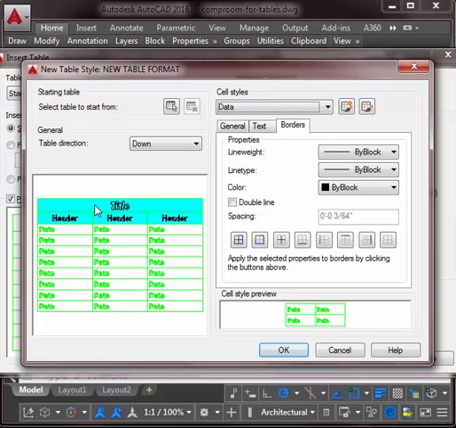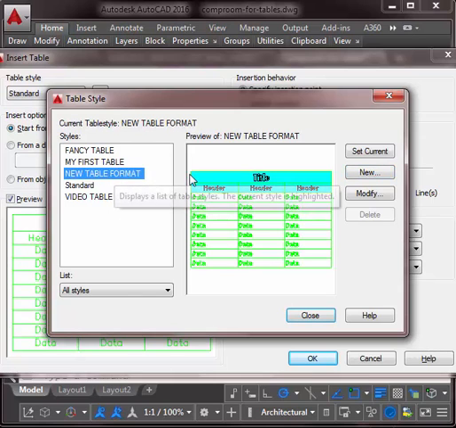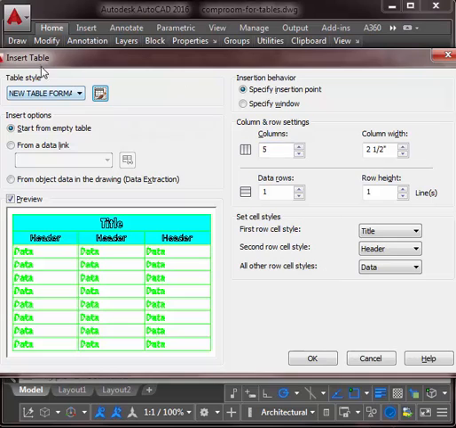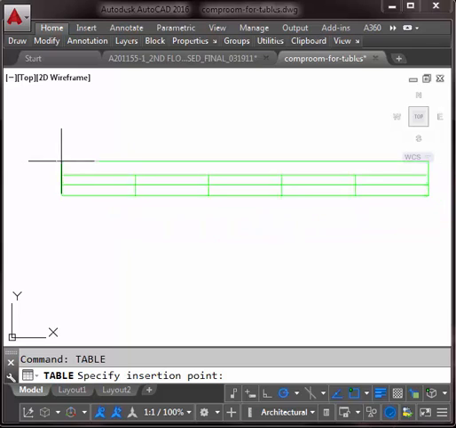So with everything looking kind of like I want it to, I can just press OK. And there's my new table format, and hit close. So now I'm back here in my insert table dialog box, which is where we started, and I'm just going to insert one just so you can see how it looks, and I'm going to press OK, and you can see it's attached to my cursor if I zoom right in,